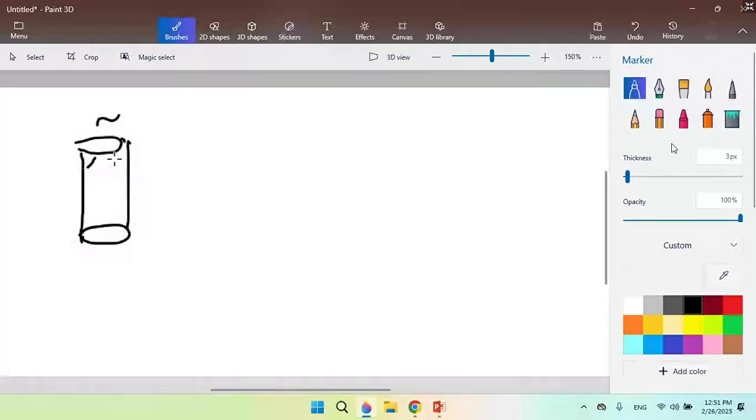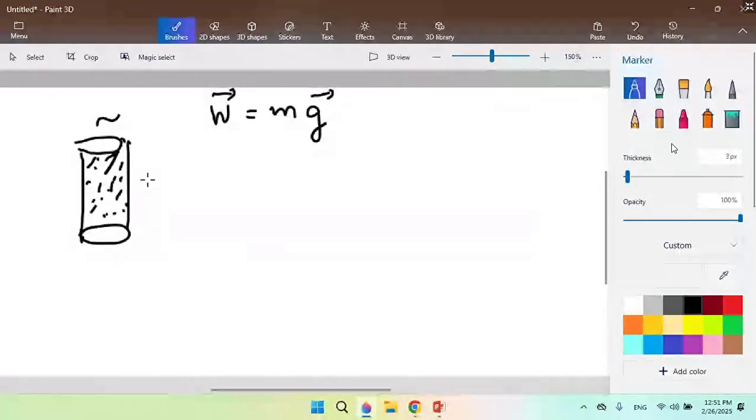And suppose it is filled with some fluid. So the fluid has got weight. Weight is a force. Weight is defined as the mass times acceleration of gravity. Since this is acceleration, in physics, using arrows above the symbols, we show vector quantities. So thus, it has a weight, and the weight exerts pressure on the bottom